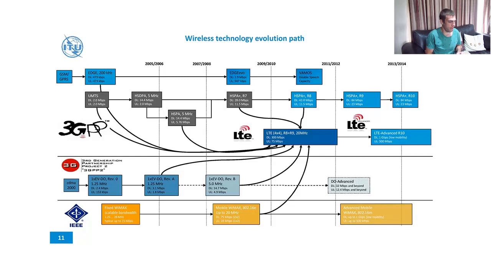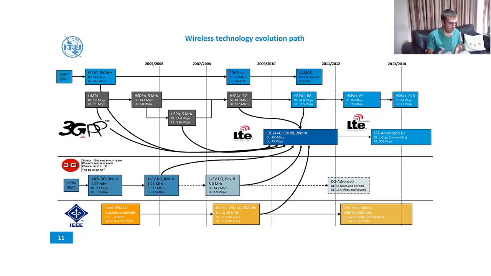If you look at the wireless technology evolution path in this diagram, it's probably more interesting for technical people, but if you look at 2012, 2013 and 14, which I know is outdated, you'll see the latest version is LTE and LTE-A. After that we get LTE-A Pro, which we'll touch on later, but for technical people the main thing to really look at is the download and upload speeds there. And you might be surprised because those figures in this wireless technology evolution path are actually quite high if you consider what you typically get in built up areas.